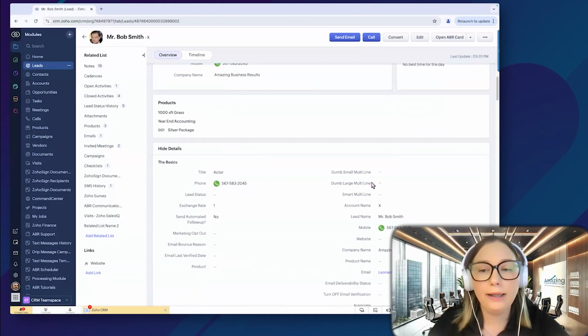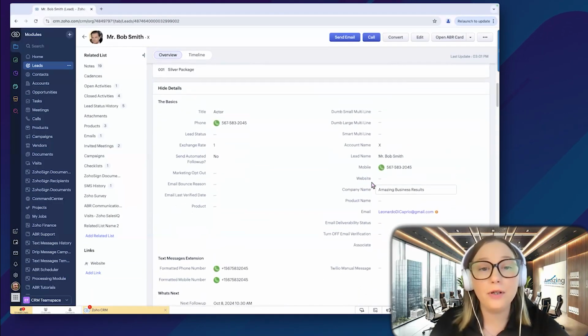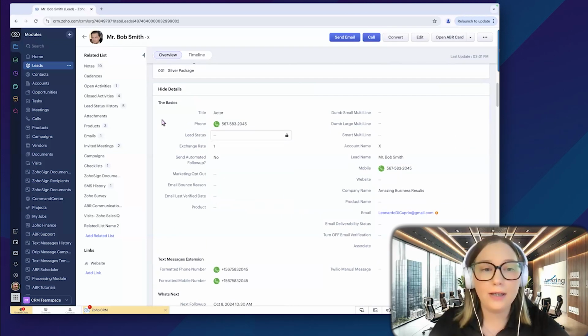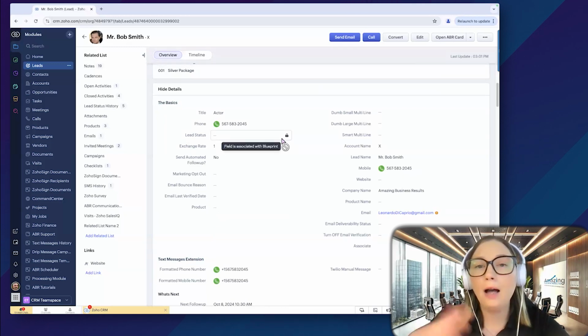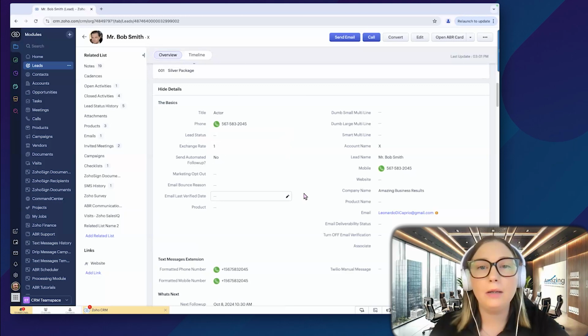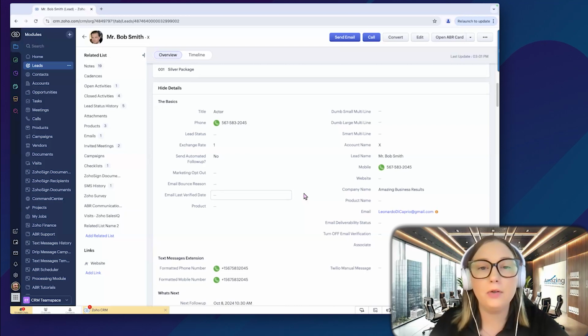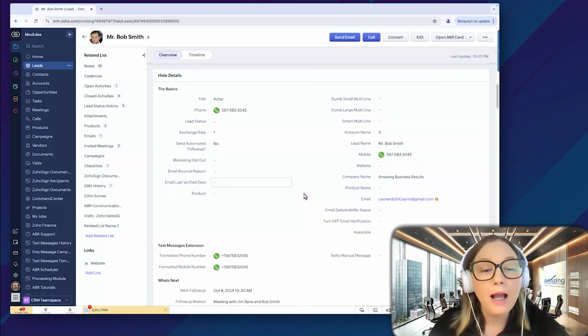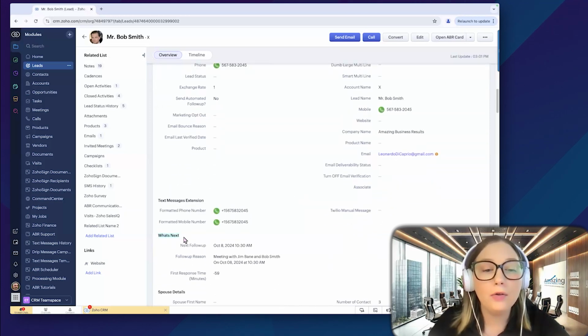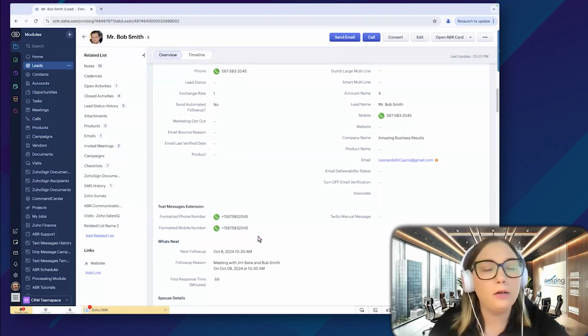And if we keep scrolling down, we have our sections and fields. So we have all these fields in the system, and the bold part here, these are called our sections. So if we only had a bunch of fields, it would be really hard to navigate the system and pinpoint where certain information is. So that's why we break it into sections. So let's say I need to change the follow-up date, then I know that I need to go to the what's next section. So it helps you navigate it a little easier.